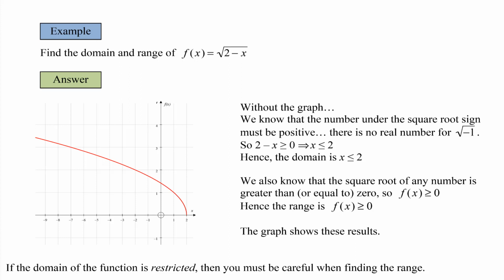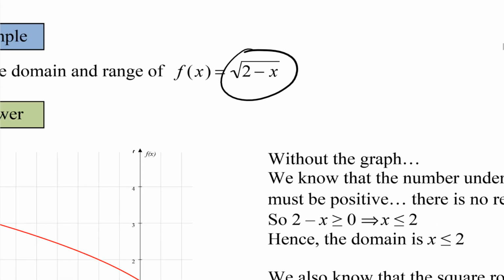Let's imagine we don't have the graph and we're just looking at this function here. Think about restrictions on x values. As soon as you have a square root graph, you know that you cannot have square roots of negative numbers. That function will not exist at those points. So straight away, if I look at this function here, I know that if I put in an x value